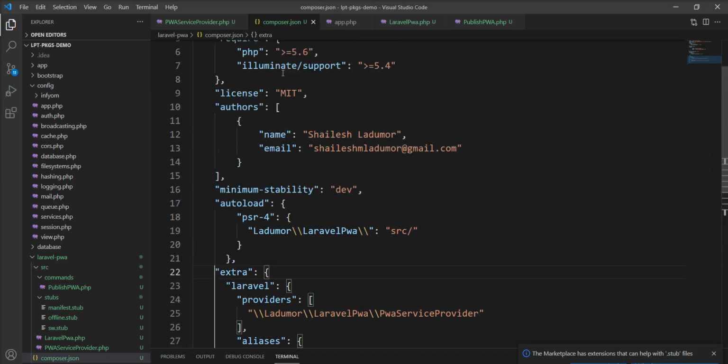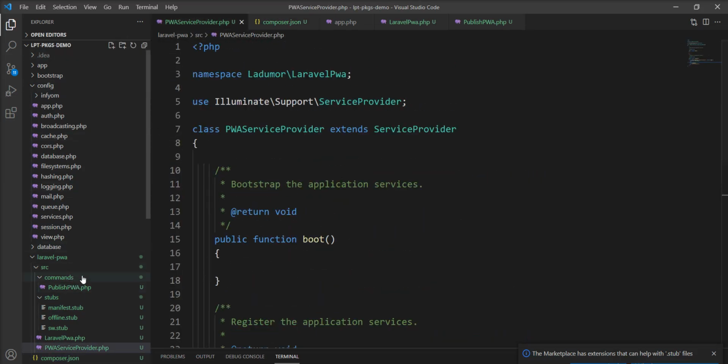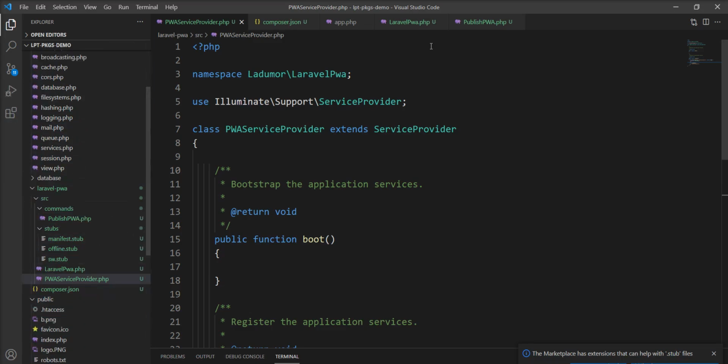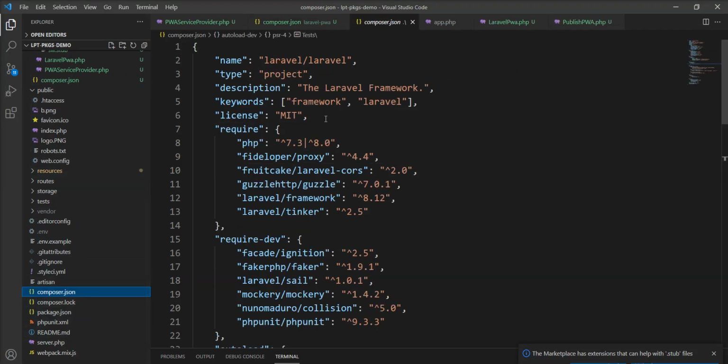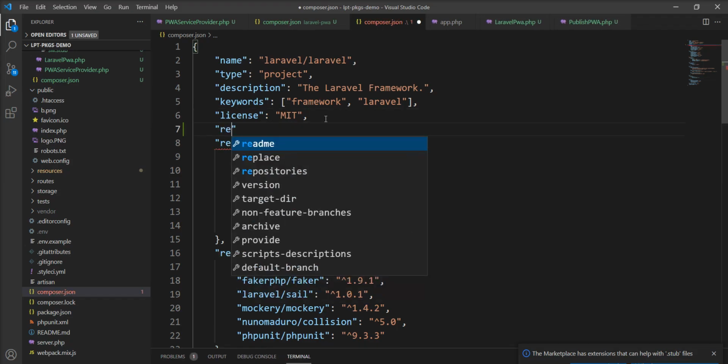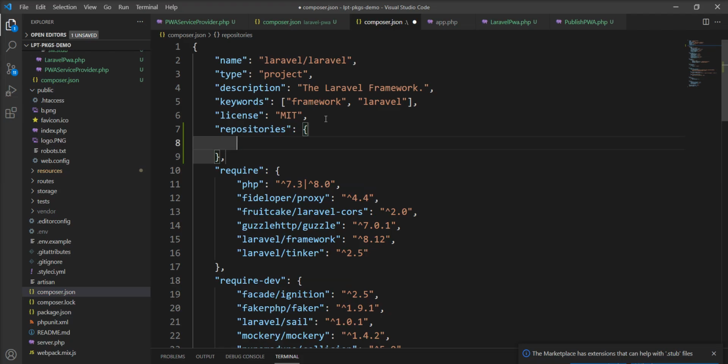Composer.json file is configured properly and I think everything is done. Now we need to install this package in this application. So let's install this package, but we need to specify in this composer.json file and we need to load from the repository because this package is not published anywhere or on any platform. So I'm going to specify here repository, and I need to specify first of all the type. We're going to load from the path, so let me specify path here,